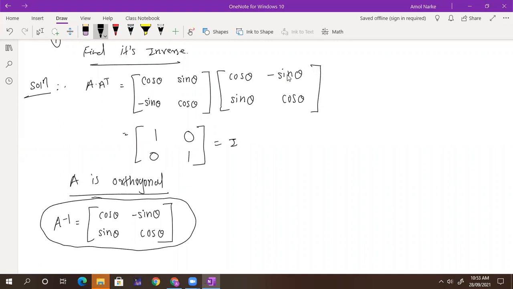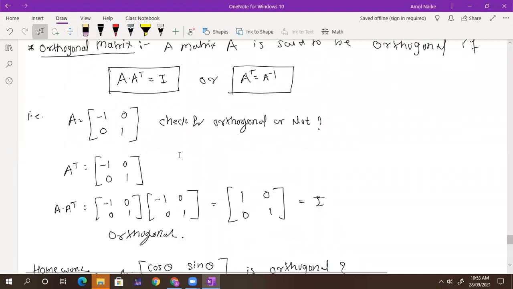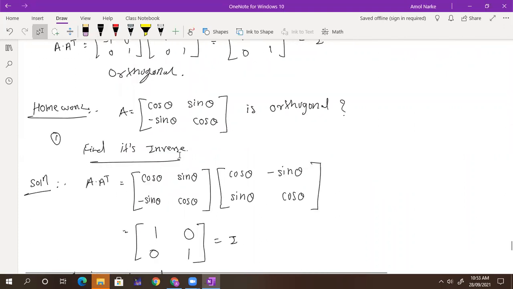Okay. So yes, now can we have an example of 3 by 3 matrix? Here we have only seen examples of 2 by 2 matrix. Now we are dealing with the example of 3 by 3 matrix. So let's see what happened with the 3 by 3 matrix. Anyone have any example of 3 by 3 matrix?